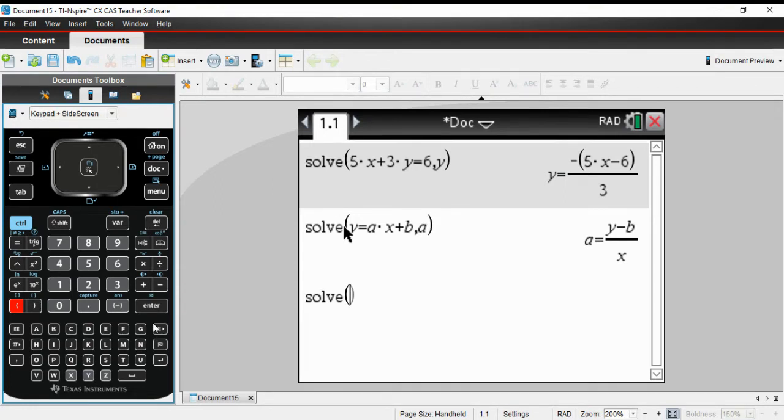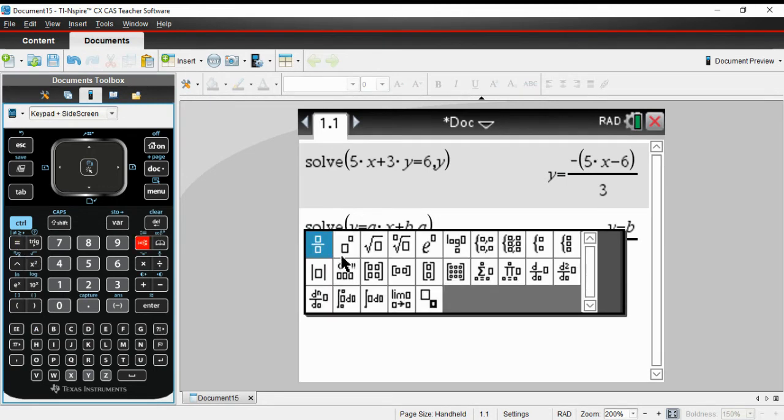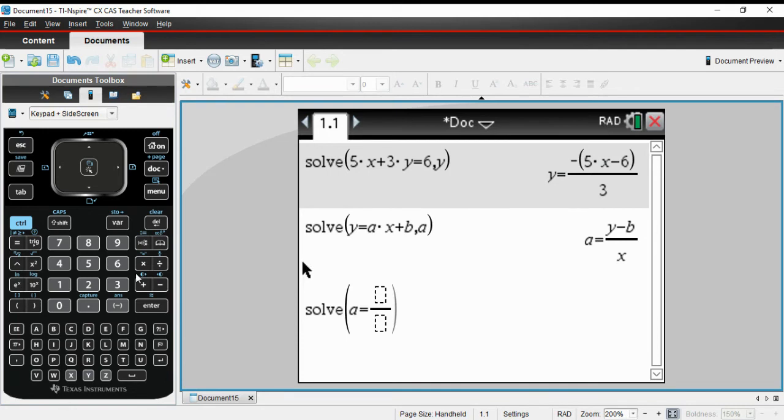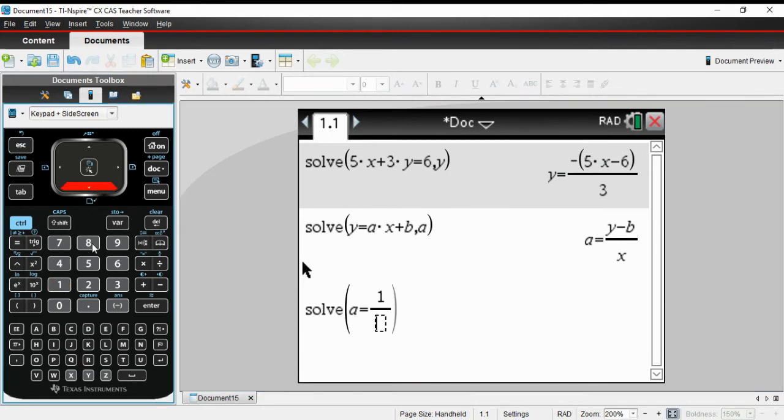Hold that thought, guys. No, so we're going to use lowercase. We're going to use a equals fraction 1 over 2, and sideways to get off that, move the cursor to the sides, done,